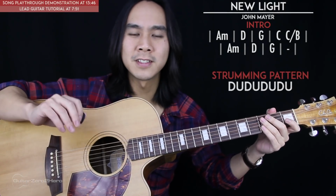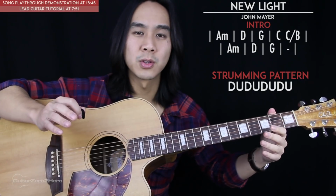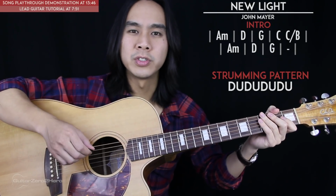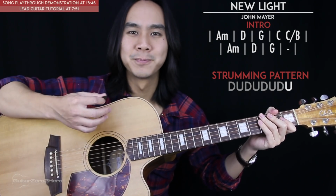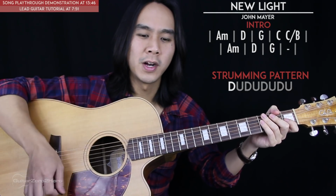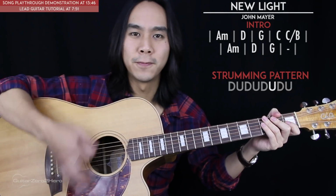Now we have a really nice and easy strumming pattern that's used throughout the majority of the song, which just goes down, up, down, up, down, up, down, up. Or with timing, it goes 1 and 2 and 3 and 4 and...